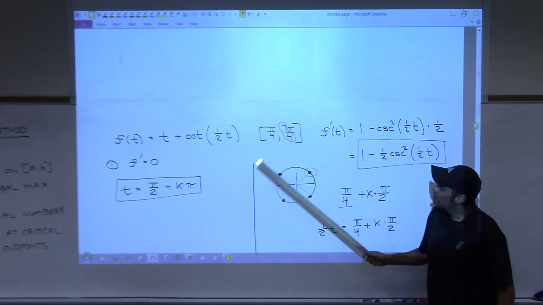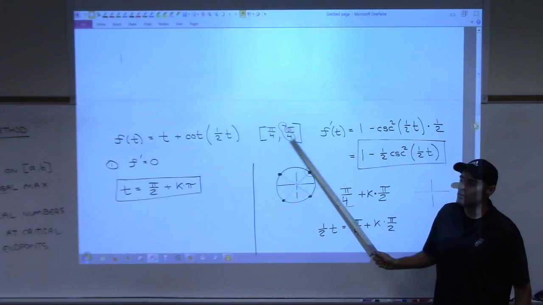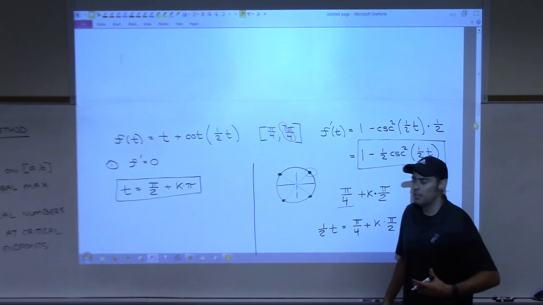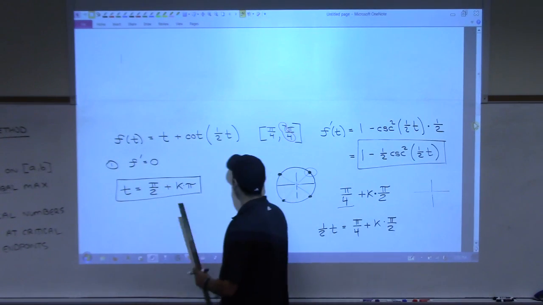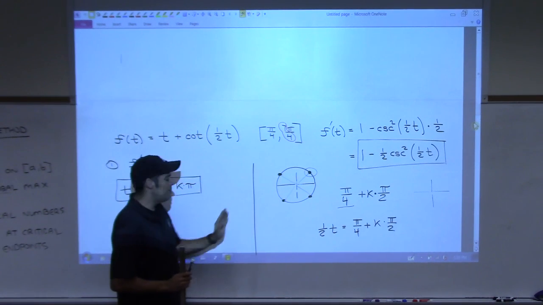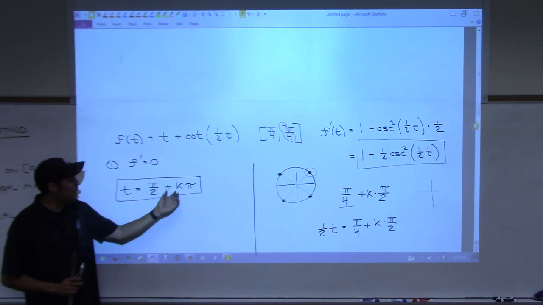Now, remember you have to look and figure out, do your answers live in here? So let's start cycling through some k's now. Let's start with thinking about this. The interval we're looking at are positive numbers, right? So I'm not ever going to plug a negative in for k. So let's start at 0. If I plug in 0 for k,